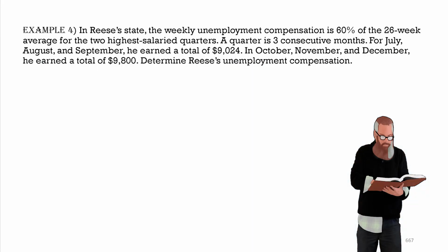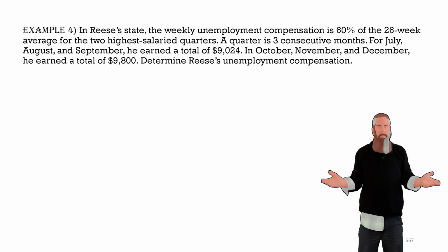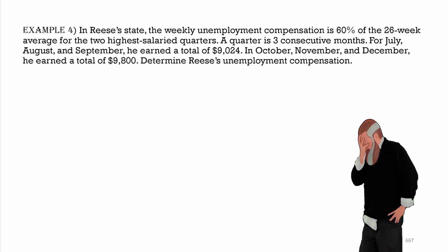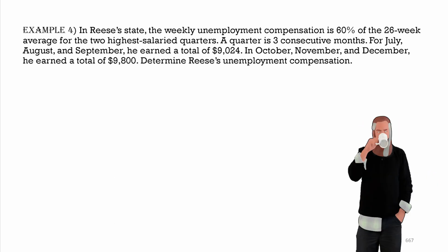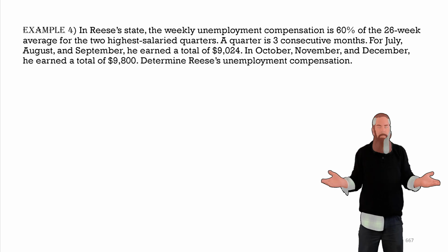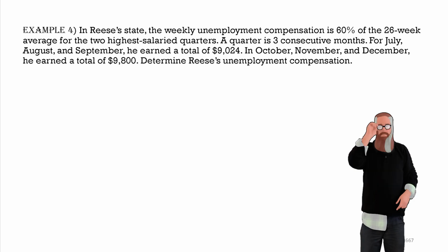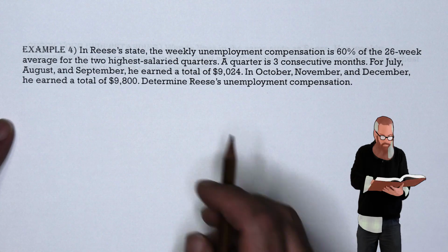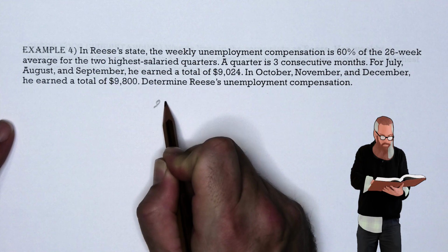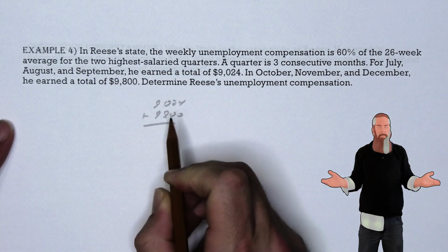In Reese's state, the weekly unemployment compensation is 60% of the 26-week average for the 2 highest salaried quarters. A quarter is 3 consecutive months. For July, August, and September, he earned a total of $9,024. In October, November, and December, he earned a total of $9,800. Determine Reese's unemployment compensation. So let's add both of these together so that we get $9,024 plus $9,800